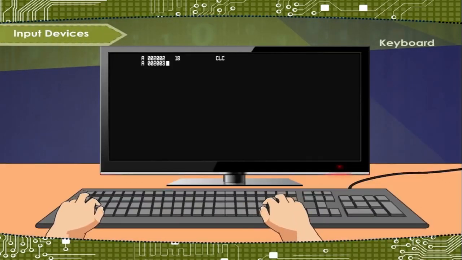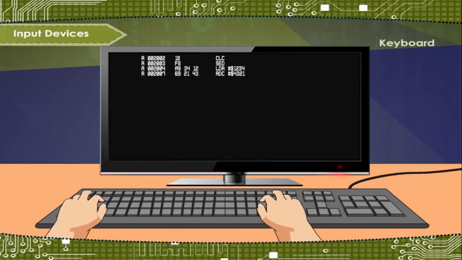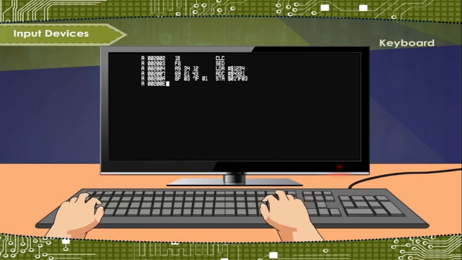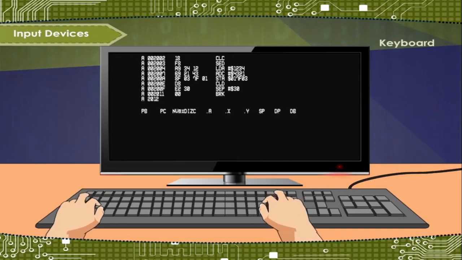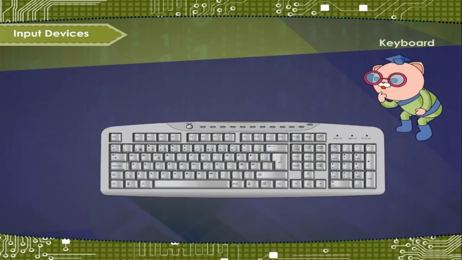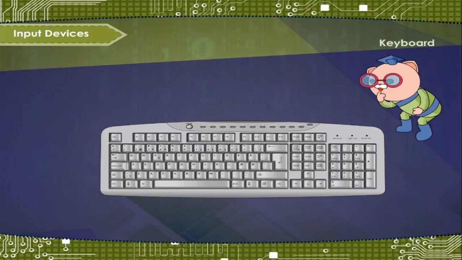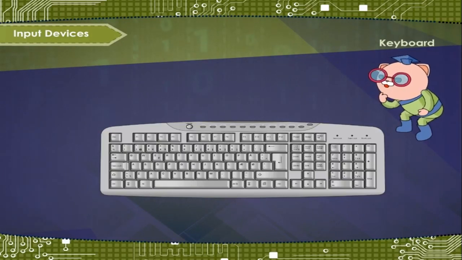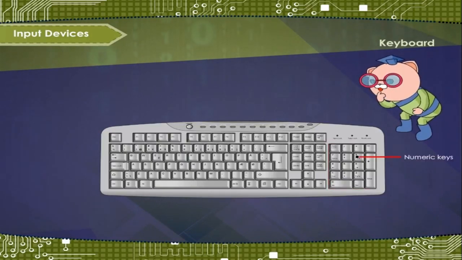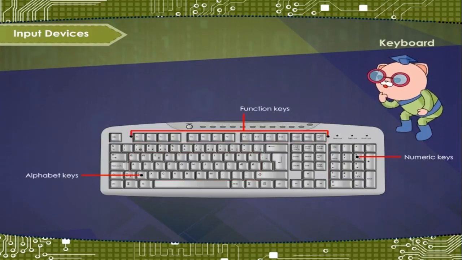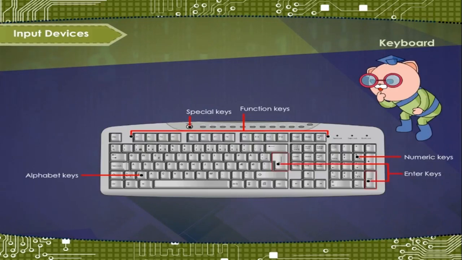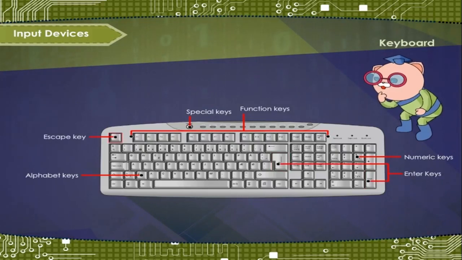Input devices: keyboard. Keyboard is the most commonly used input device. It looks just like a typewriter. Most of the keyboards have around 104 keys. The keys present on the keyboard can be grouped as numeric keys, alphabet keys, function keys, special keys, enter keys,